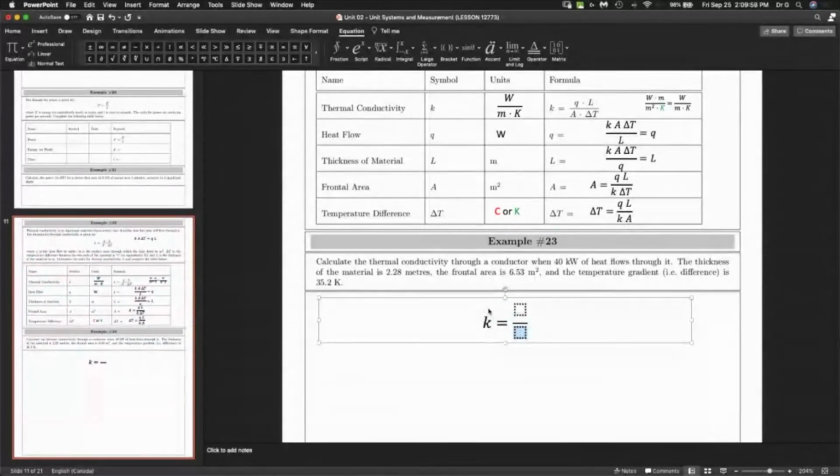That kind of sucks, but whatever. Q, L, A. So the next thing that I would advise you to do is